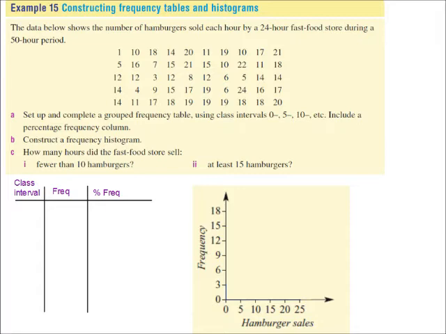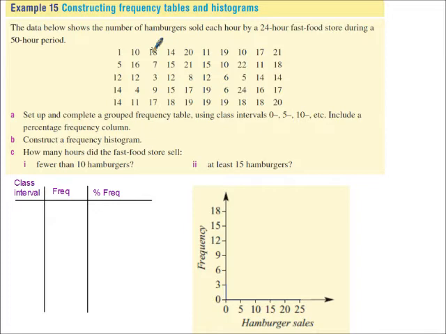Here is some data that's been collected from 50 hours of selling hamburgers at a 24-hour fast food store. So, in other words, during one of the hours, only 1 hamburger was sold. During a different hour, 10 hamburgers were sold. During another hour, 18 hamburgers were sold, and so on. So we're going to use that data over those 50 hours to create a frequency table and to create a